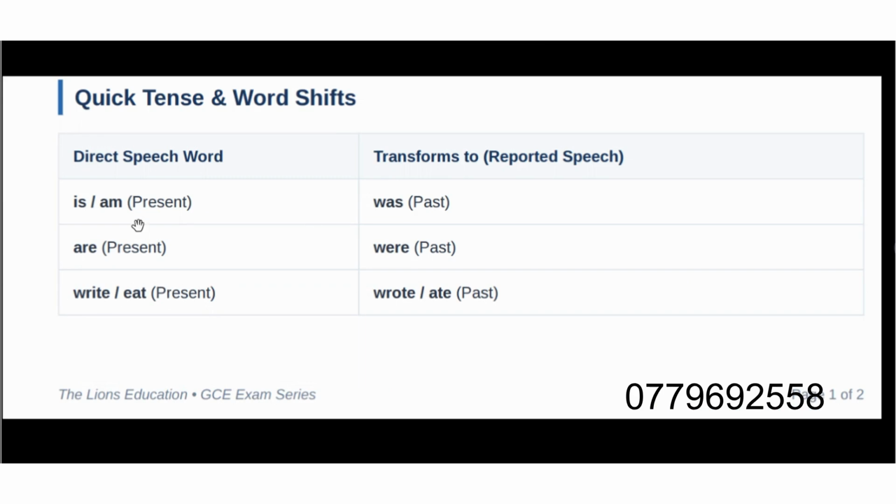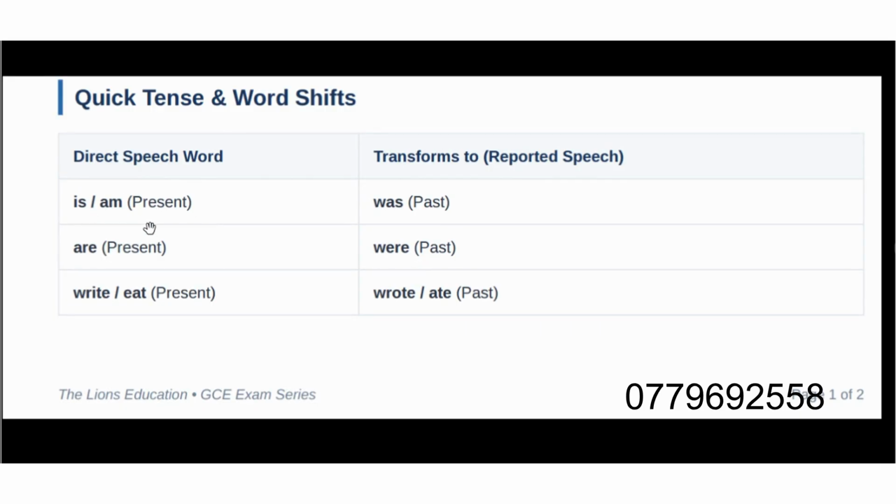This is what is happening. So these are the quick tenses or word shifts that you are going to be observing. Take note of this. They might be of help during your exams. Take note of this. So a direct speech word, for example, we have is and we have